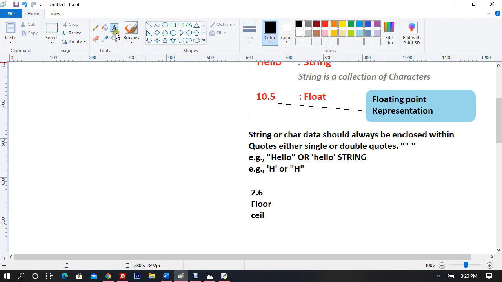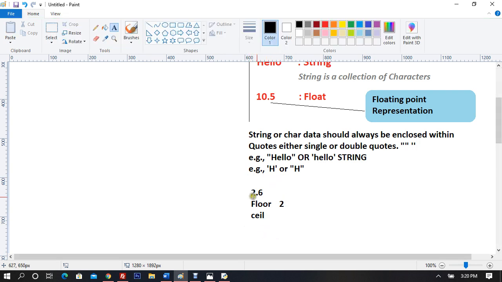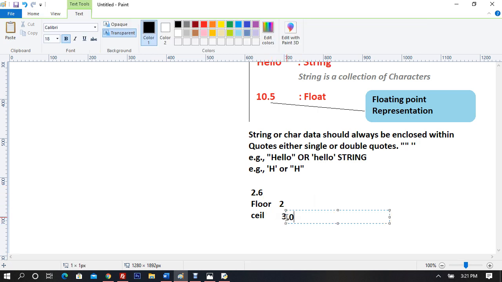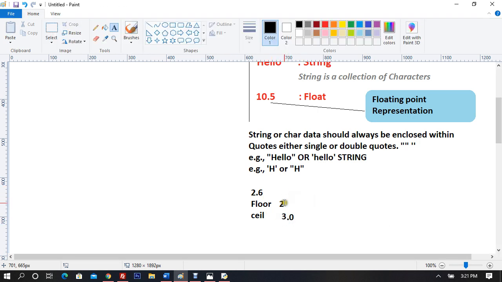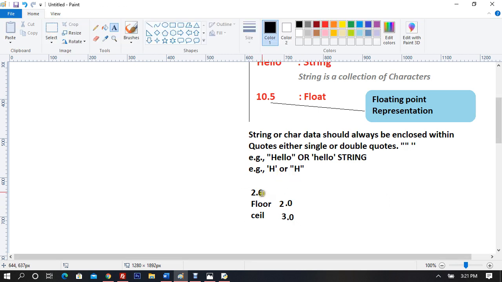Now what is the floor of 2.6? The minimum of 2.6, that is 2. And what is the ceil, the maximum of 2.6? That is 3, right? Ceil goes towards the maximum side: 2.7, 2.8, 2.9, and 3.0. So 3.0 is basically the ceil of this, and 2.0 is basically the floor of it.